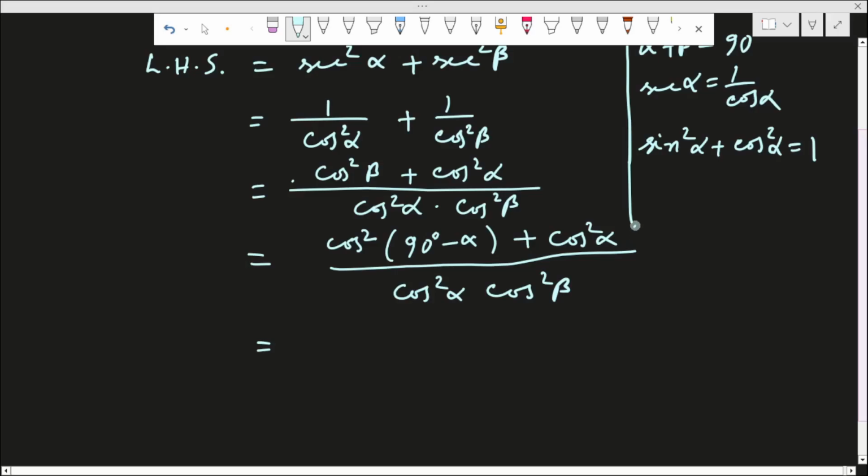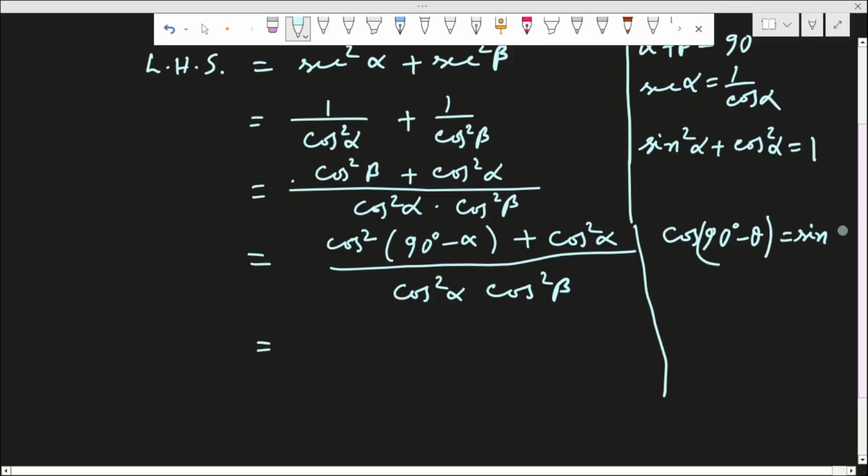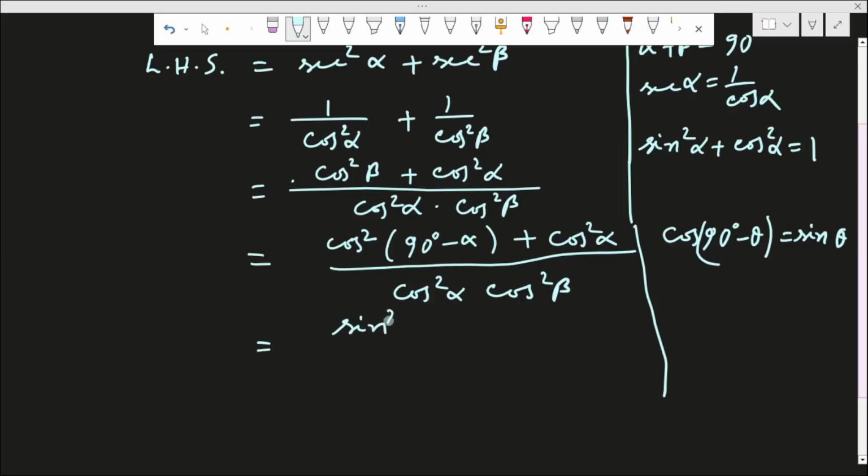See, from the formula of complementary angles, cos of 90 degrees minus theta is equal to sin theta. So we must write cos of 90 degrees minus alpha is equal to sin alpha. So sin square alpha plus cos square alpha over cos square alpha cos square beta, that is equal to